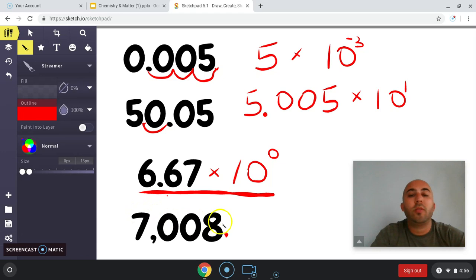And so if I wanted to express this in scientific notation, I would need to show you only one number in front of the decimal point, and I should have only one digit in the ones place, or the ones column. So how many times would I have to move the decimal point in order to make that happen? 1, 2, 3. I would need to move it 3 times. I would rewrite it as 7.008,